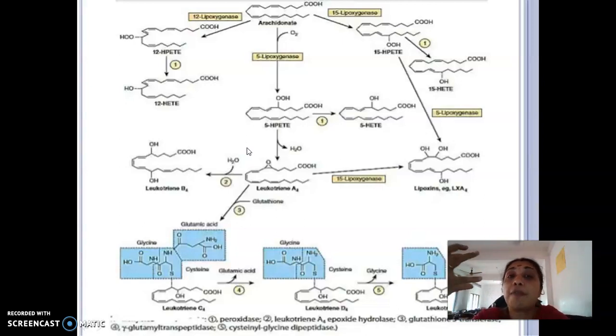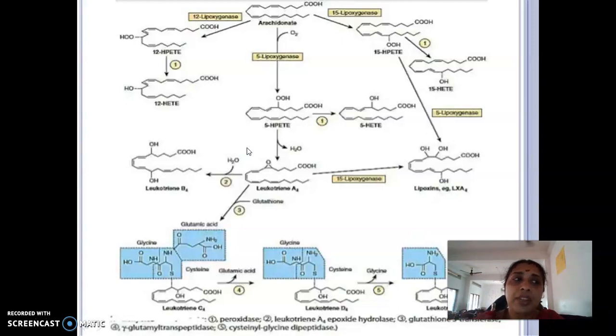So this phenomenon of bringing the chemicals towards the site of injury is known as chemotaxis. The chemotaxis, right? There is an ad for a toothpaste brush where they say call a taxi and come, right? Similarly, the chemicals come by catching a taxi. So that phenomenon is known as chemotaxis. So the attraction of chemicals towards the site of injury, that phenomenon is known as chemotaxis. And chemokines. So there will be attraction of chemicals towards the site of injury in order to expel the bacteria, fungus, virus, etc. away from the body. Like a protective mechanism of the body. And all these phenomena will be increased by leukotrienes.